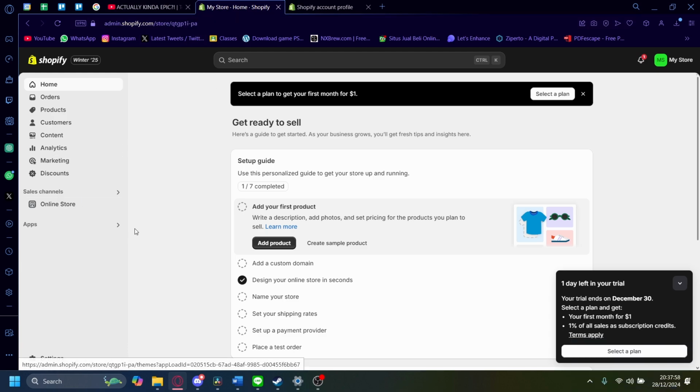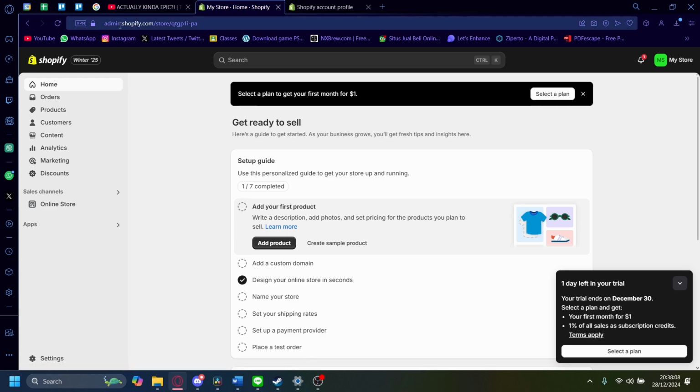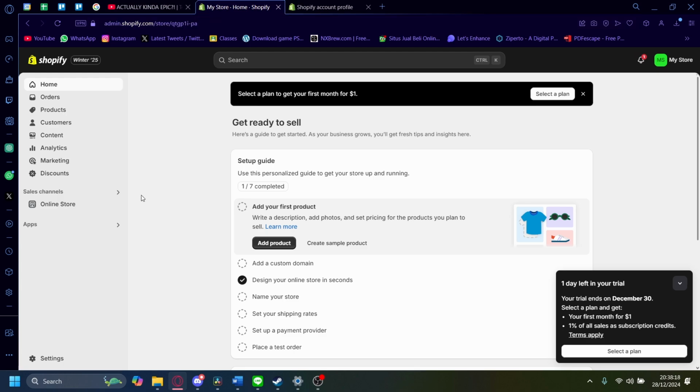Now, the way you change the admin shop URL is that you'll have to change the whole URL and domain of your entire shop, because the way we access the admin portal of this specific store is by accessing its URL, right? So automatically, if you want to change the admin URL, you'll have to also change the entire domain and URL as well. So the way we can do this is by, of course, going to the dashboard,